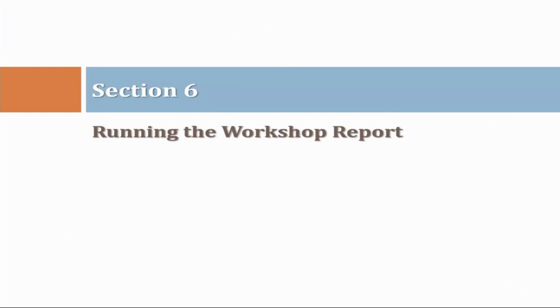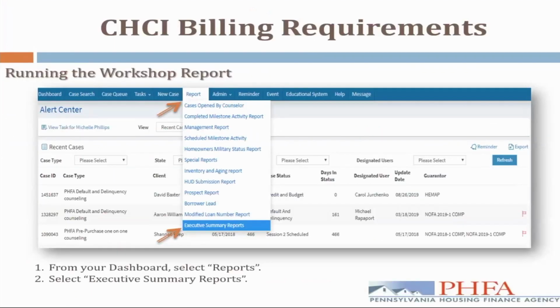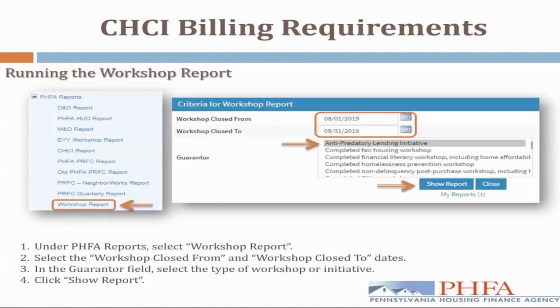Section 6, you're going to run the workshop report in a very similar manner. You want to click on the report tab, you'll click on executive summary reports, and then you click where it says workshop report. Again, you'll put in the date criteria for the report that you're looking to pull. You'll click show report. Again, reminder, you want to make sure that your workshop is closed before you pull this